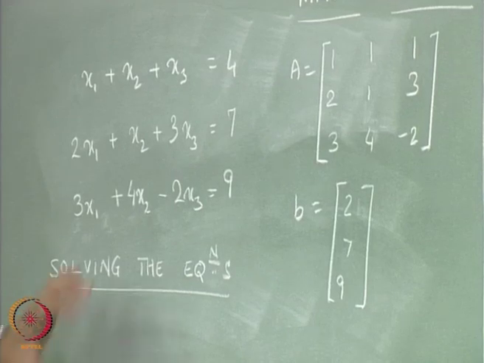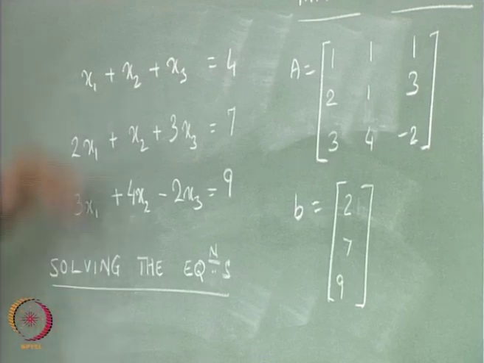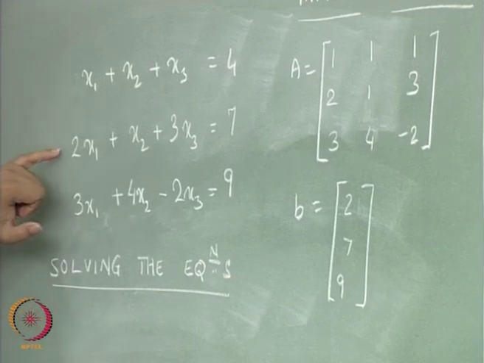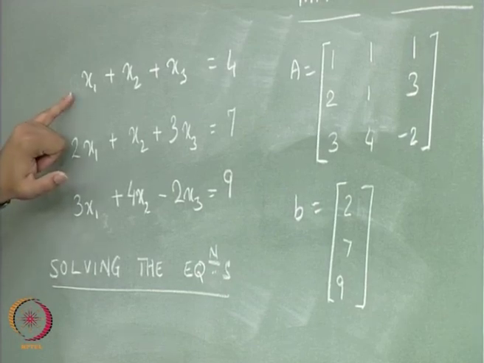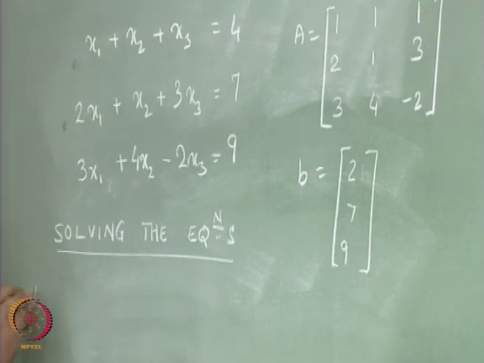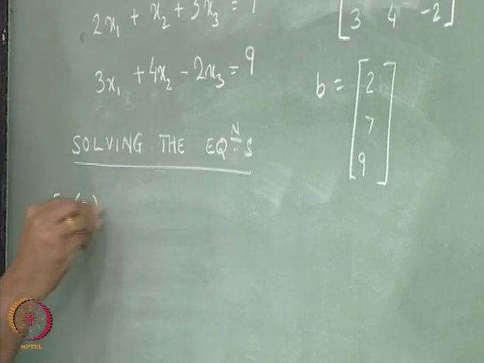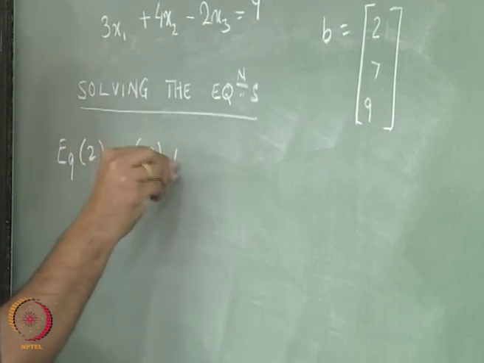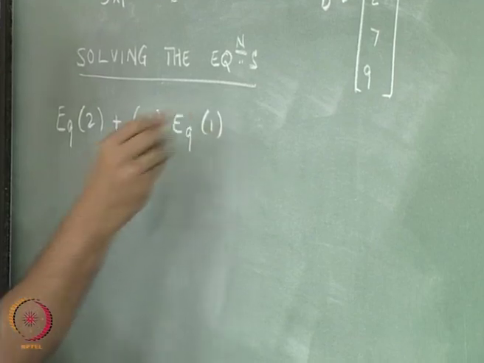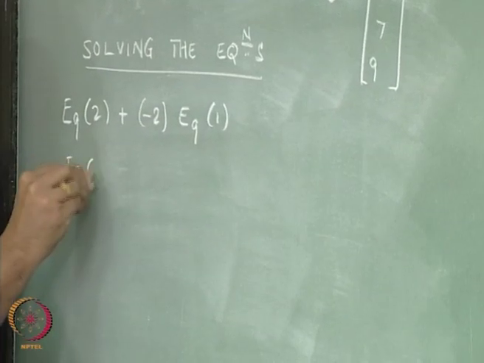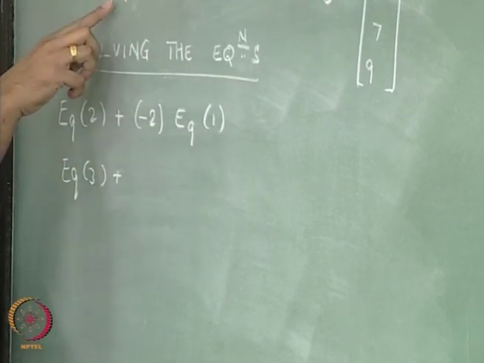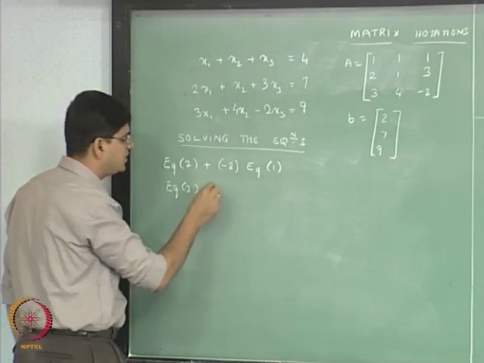Okay. So now we have the matrix A and the vector b, and then we will try to solve these equations using the Gauss elimination process. Before that we will try to solve it using the algebraic method that we typically use. So the first step is to take equation number 2 and add minus 2 multiplied by equation number 1, and we will take equation number 3 and do minus 3 multiplied by equation number 1,